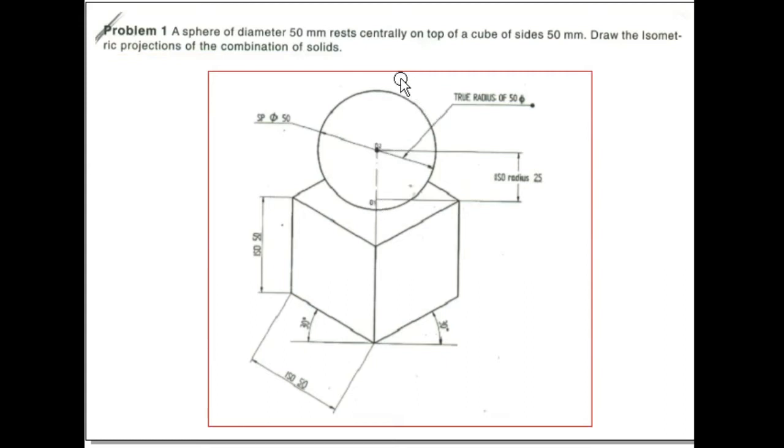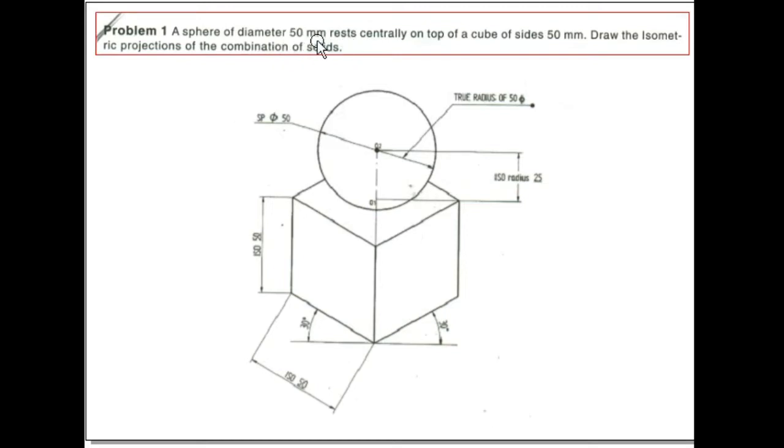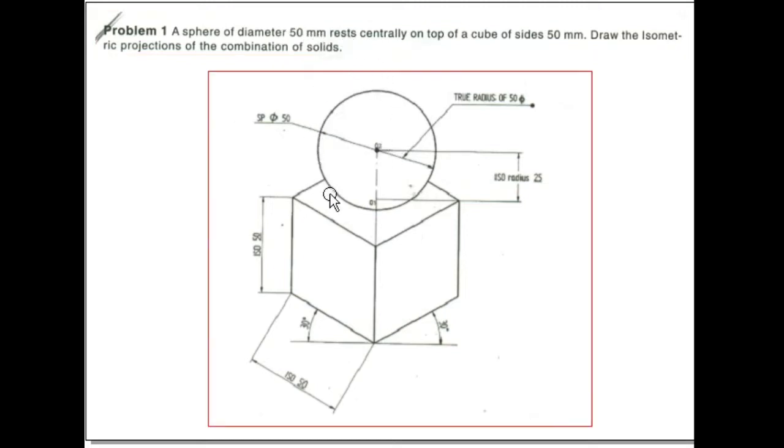You have to mark it and draw a circle, and that circle represents the sphere. It should be drawn with a radius of 25 mm. The true radius of 25 mm has to be taken because for a sphere, whichever direction you view it from, it will be seen with its true length. So for the sphere representation, the isometric reduction is not applied. Only the height, from here to here, has to be represented by the iso scale.